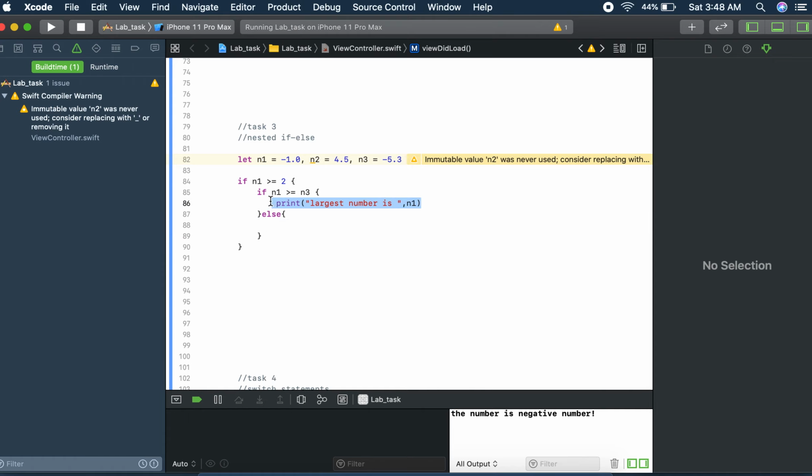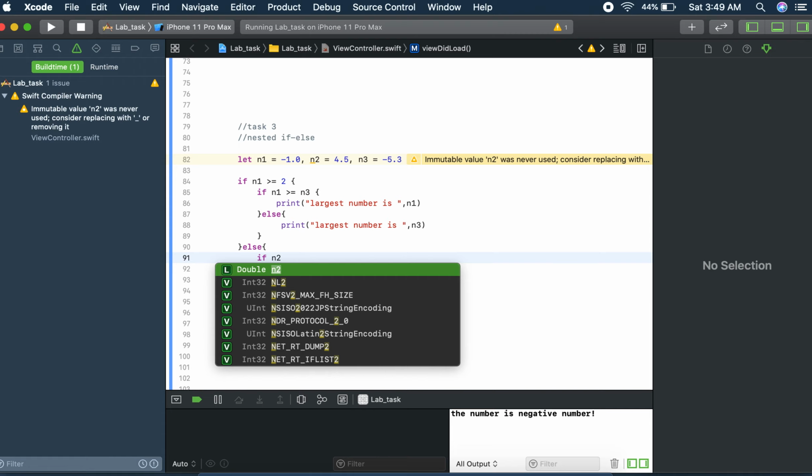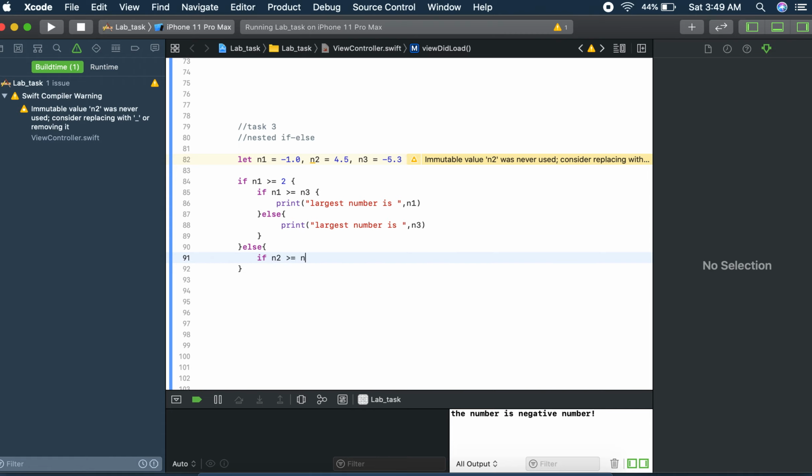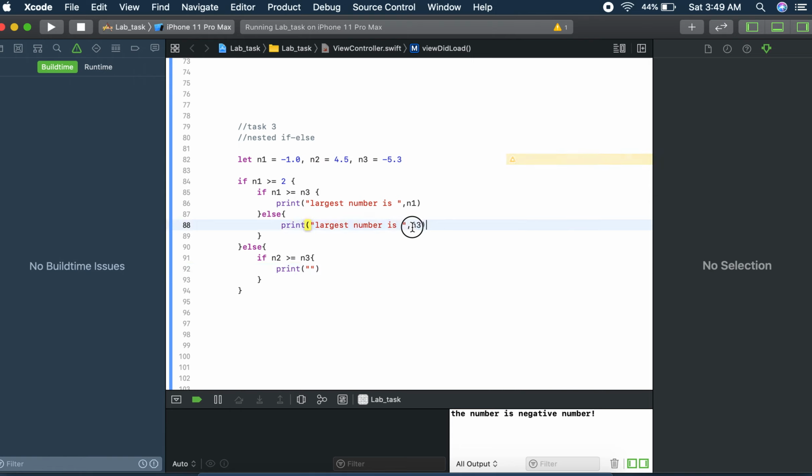Just copy this code, just change to n3. Okay, and this was our first if. Now we will write the else statement for this if statement. And under this else statement we will write our another if statement, n2 is greater equals to n3. Okay, and write the print statement there that I'll just copy this one. The largest number is n2,